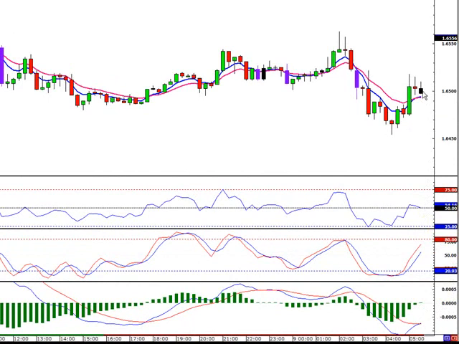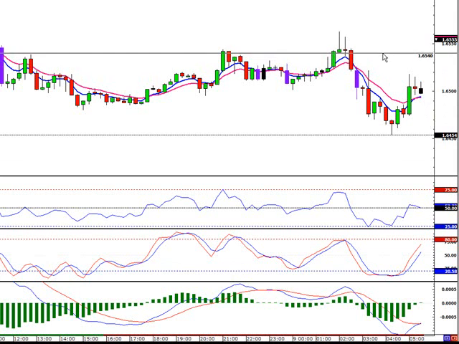Now our entry is at the close of the candle at 64.98. Our stop is at the most recent swing low at 64.54. Now since we're at 98, the nearest zero level is at 65.00. That's not much of a profit. So what we're going to do here is go for the same amount of pips we're risking. To do that, we just take our entry at 64.98, subtract it from our stop at 64.54, and we get 44 pips. That's how much we're risking on the trade. So now you're just going to add that to your entry at 64.98, and you get a target at 65.42.